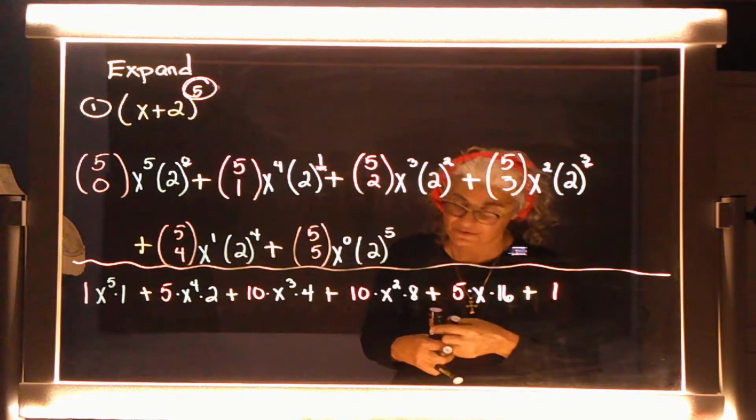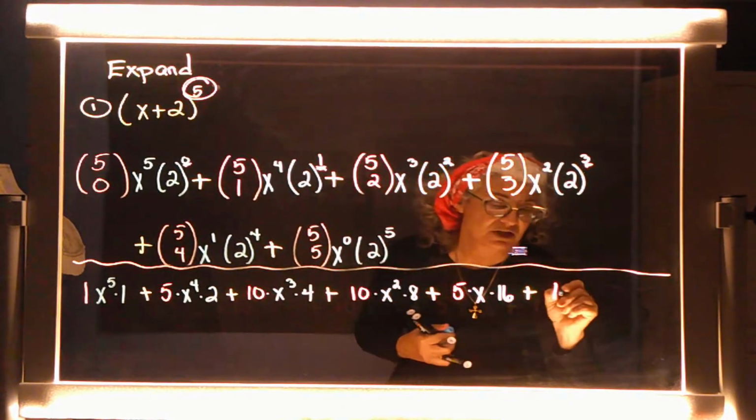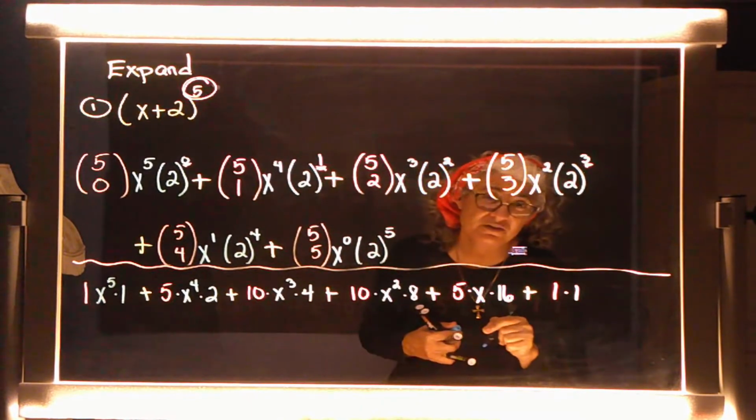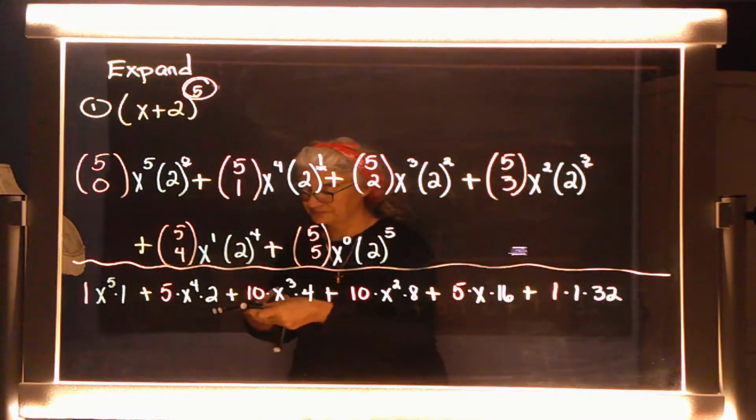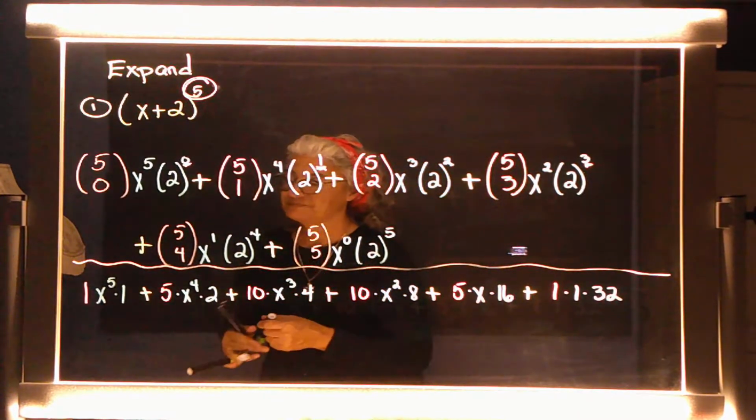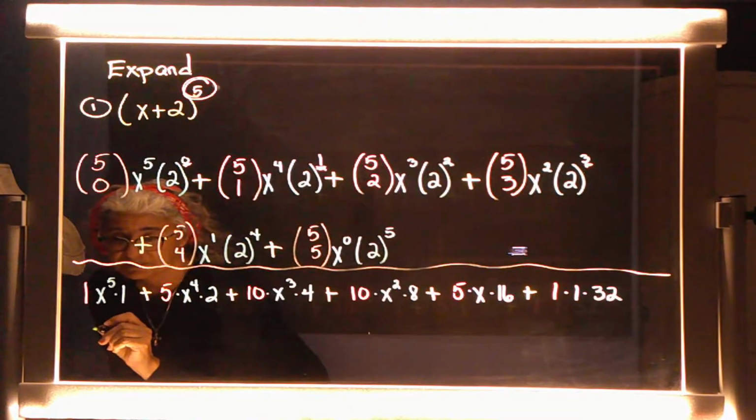And then the last term turned out to be, what's 5 choose 5? 1. What's x to the 0? 1. What's 2 to the 5th? 32. So, when all is said and done, we end up with